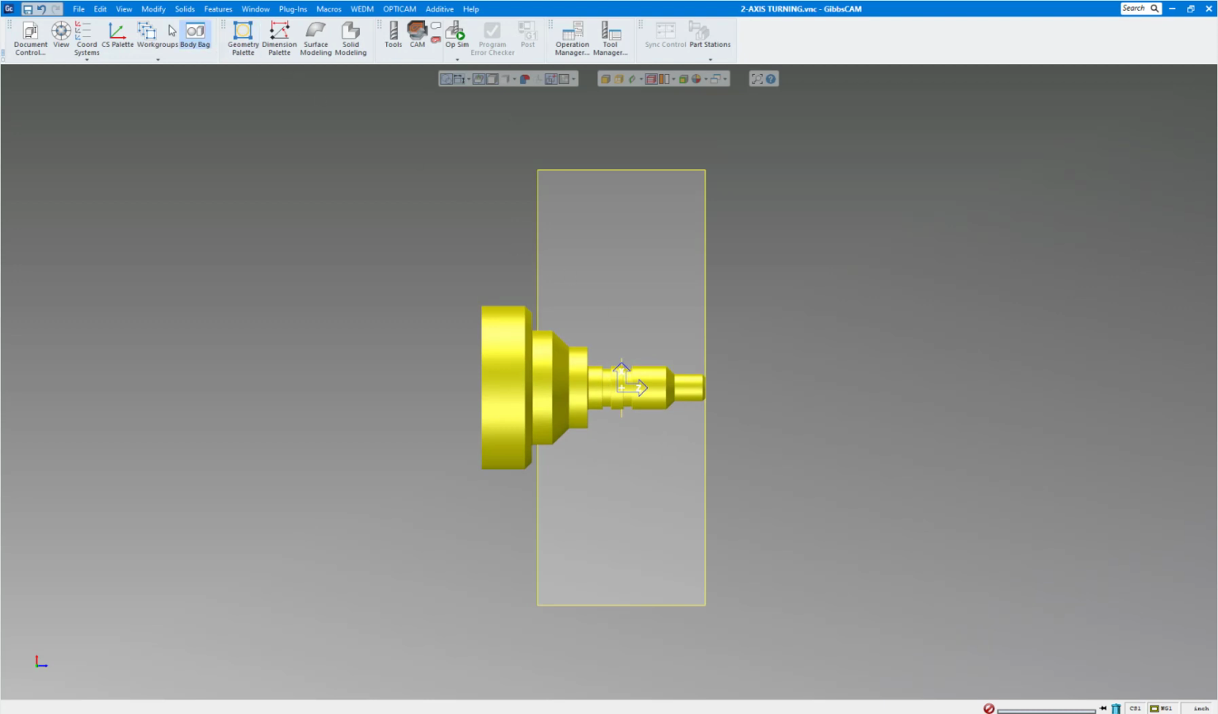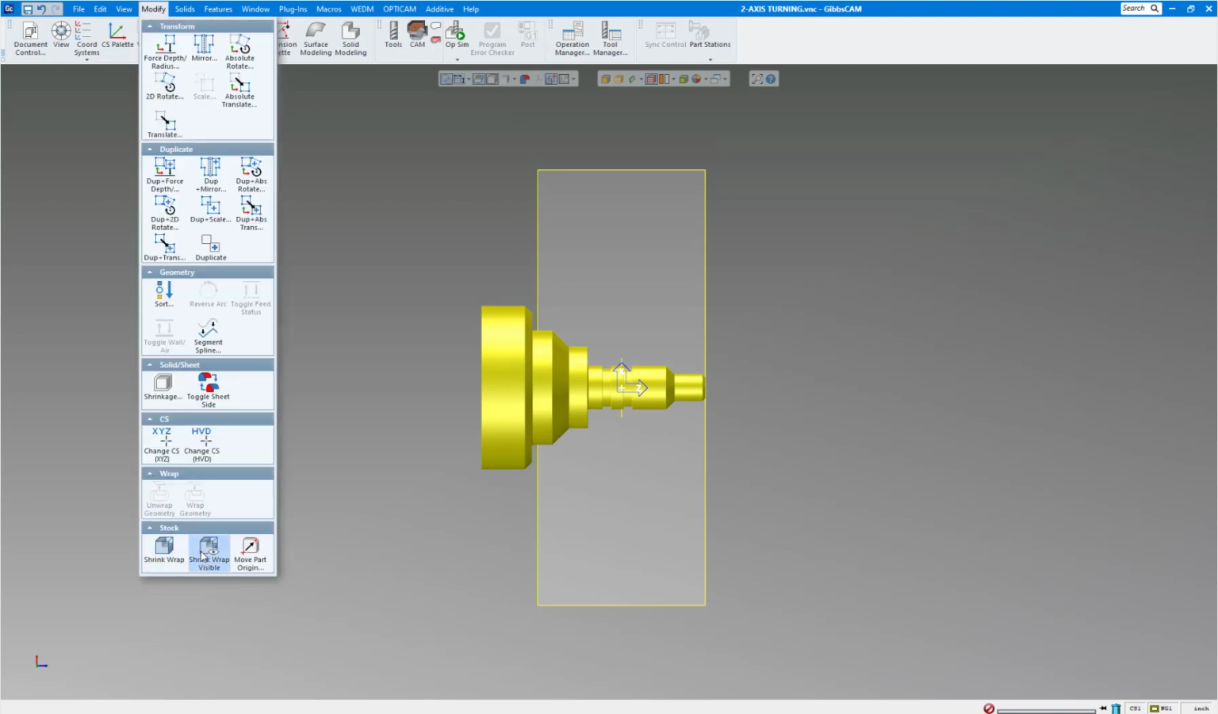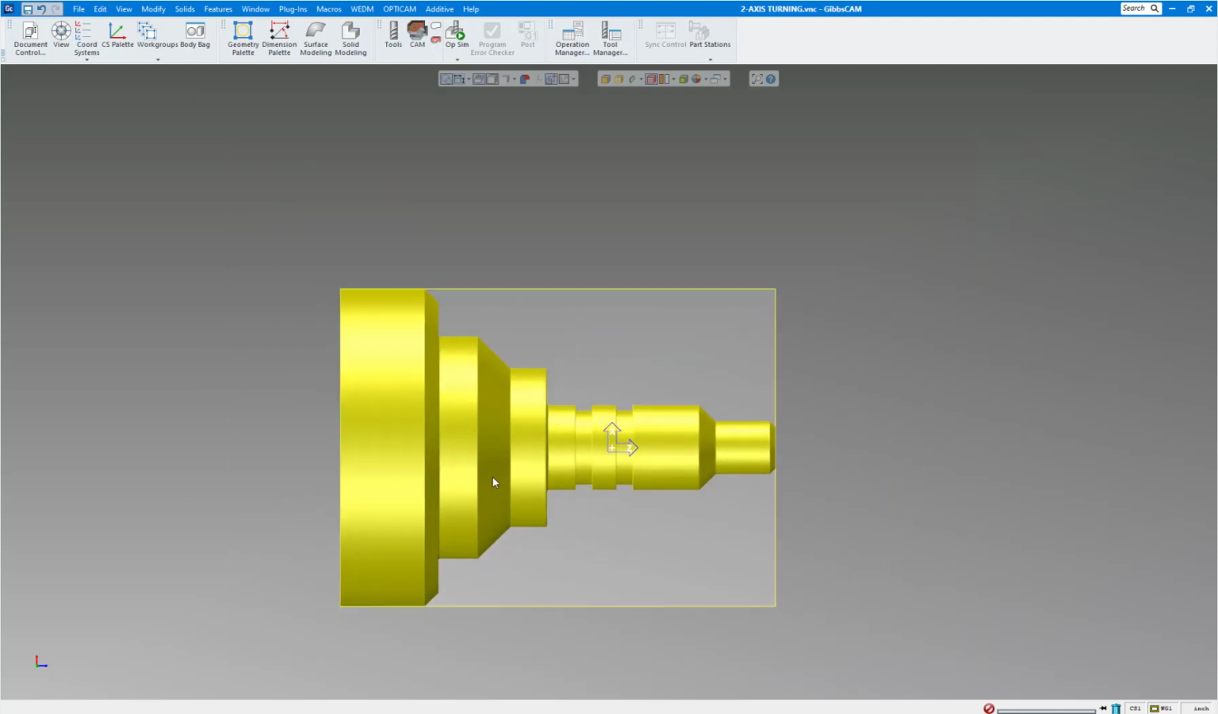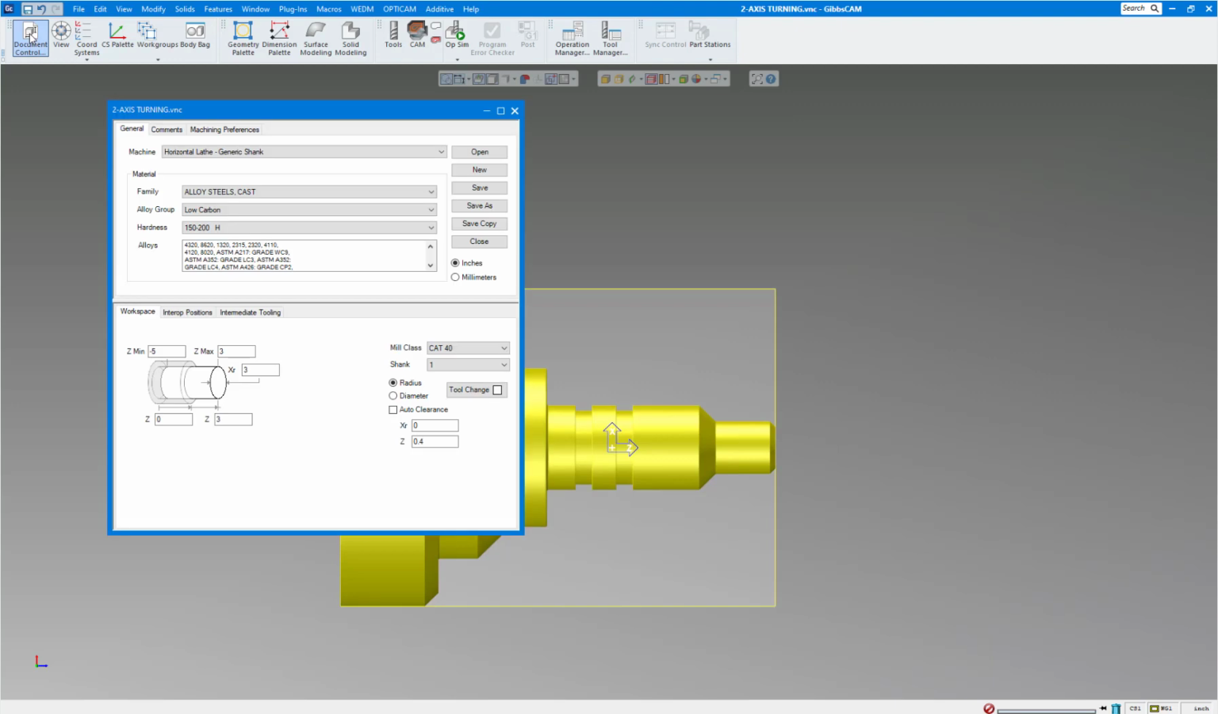So the next thing you want to do is Modify and do a shrink wrap, either shrink wrap visible or shrink wrap. Either one will do the same thing because this is the only part on our screen. Okay, once you've done that, Gibbs wraps stock size around the part, so you can actually see the size of the part. So now go to your document page,